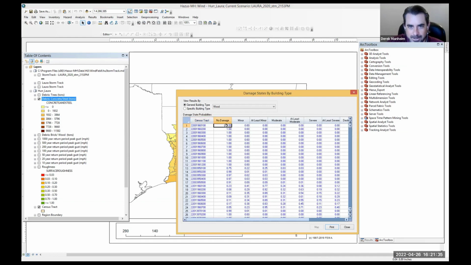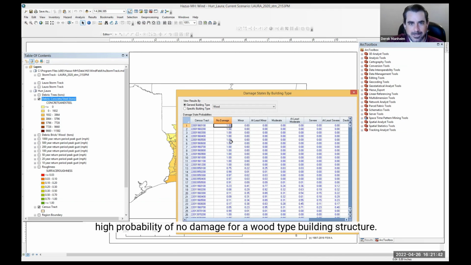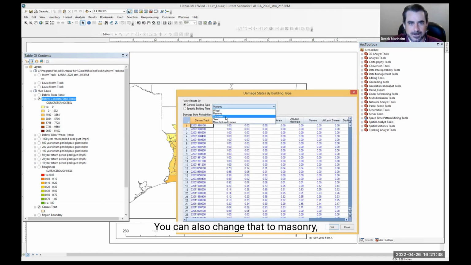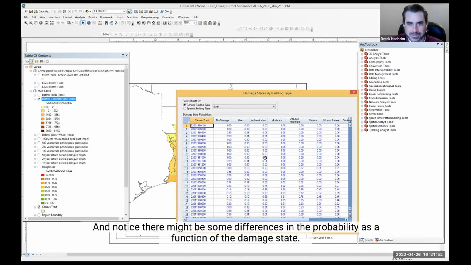So again, most of these census tracts here have a high probability of no damage for a wood type building structure. You can also change that to masonry, concrete, other types of building materials. And notice there might be some differences in the probabilities as a function of the damage state.